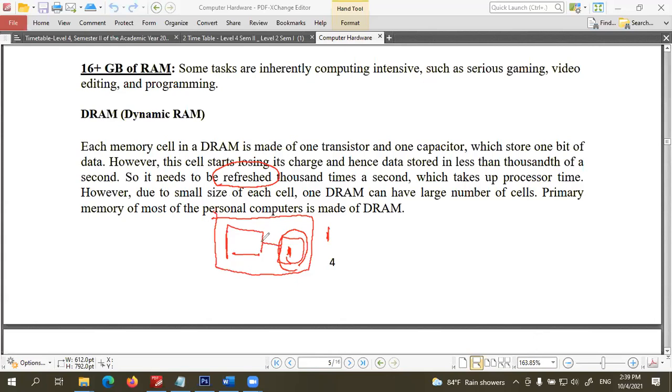That is why it is called volatile. When it doesn't have an active power supply, the data will be erased. That is because the capacitors are there, and their charge will be lost with time. When we just cut off the power, the memory will be lost. The capacitors' charge normally drains with time, so to keep active memory it must always be refreshed. In order to do that, it needs a power supply. So when you shut down the computer, the data in the memory will be lost.